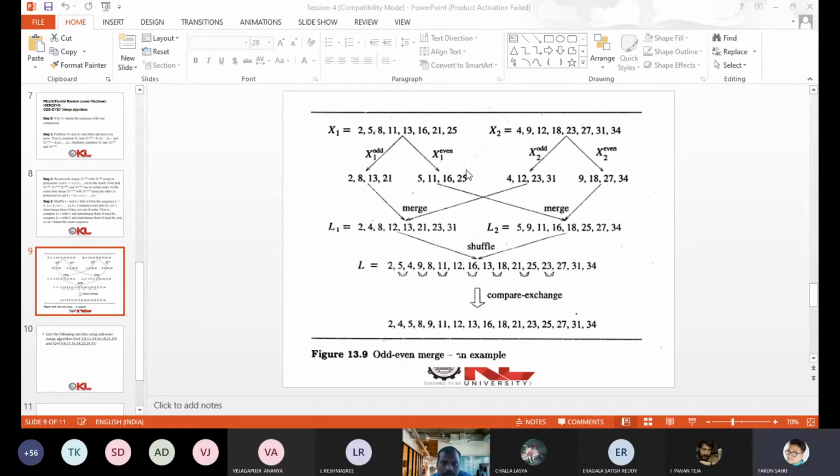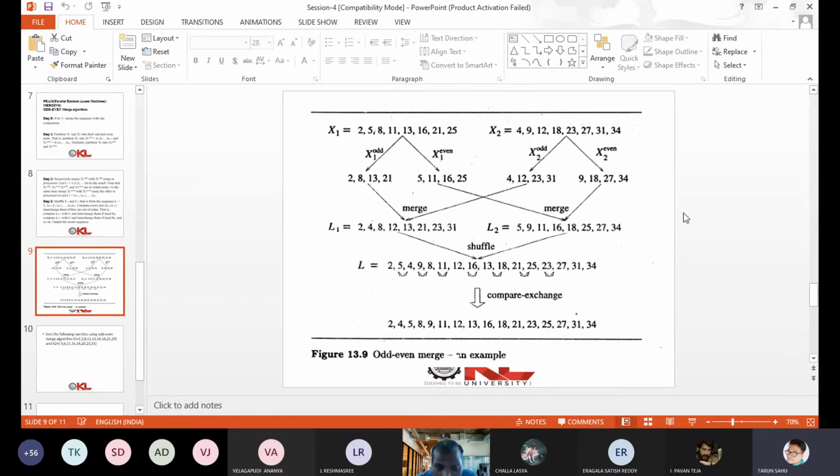Upendra: Sir, in the third step, for getting L1, are we sorting x1 odd and x2 odd, or just putting x1 odd first element and then x2 odd first element, then x1 odd second element, x2 odd second element? Are we doing it the same way, or are we sorting? Sorting.